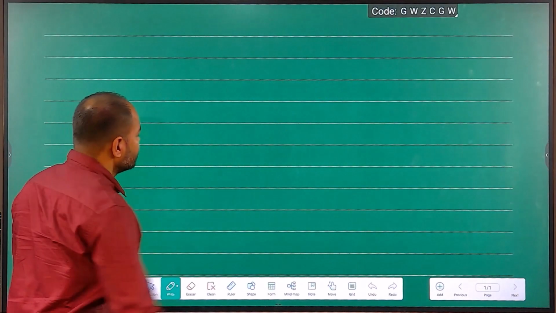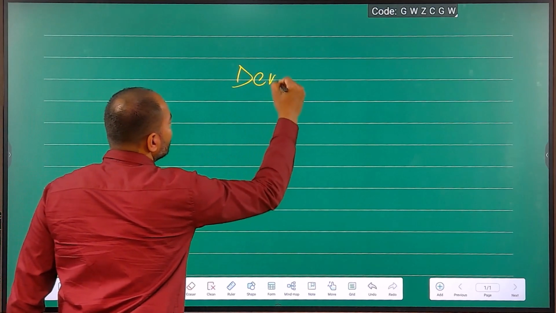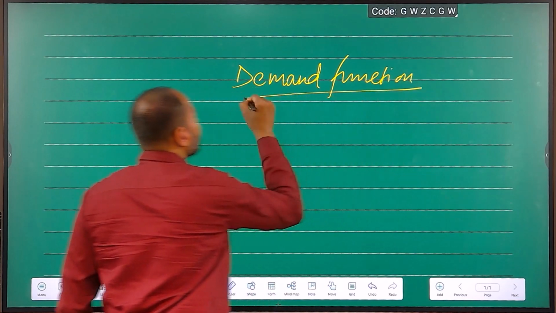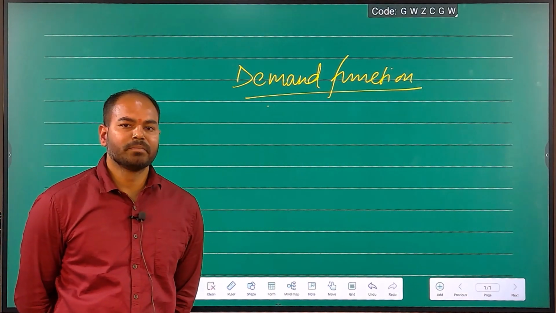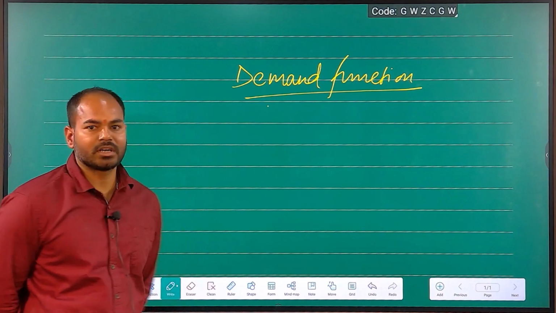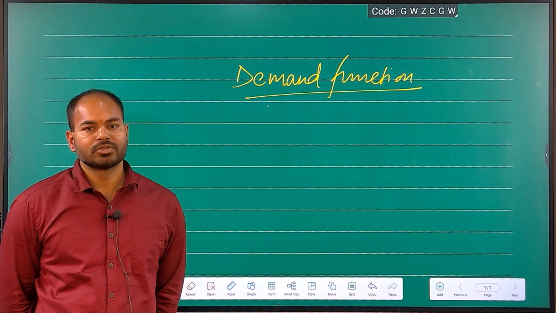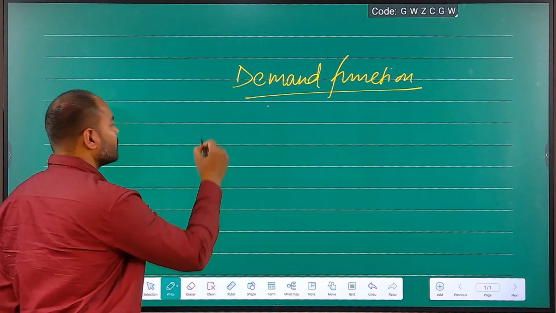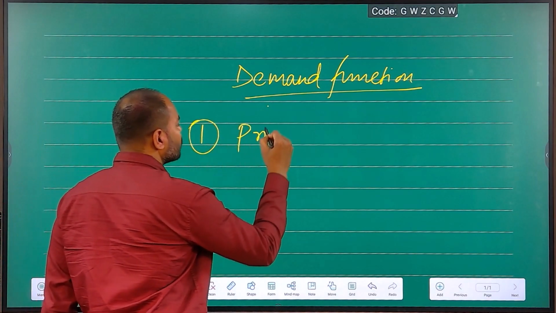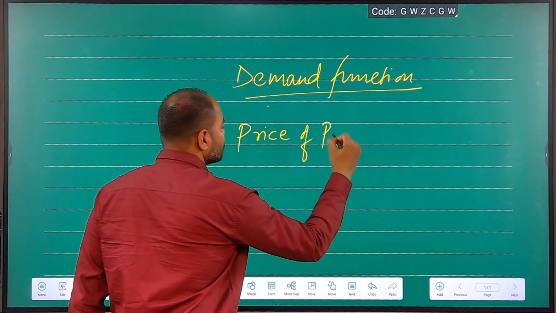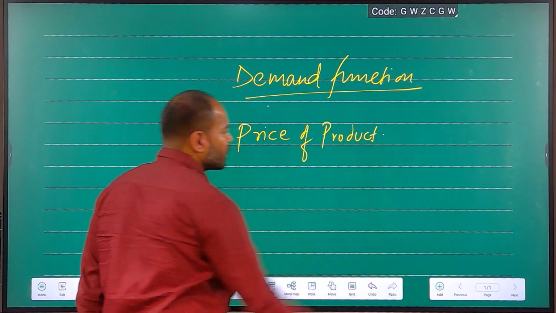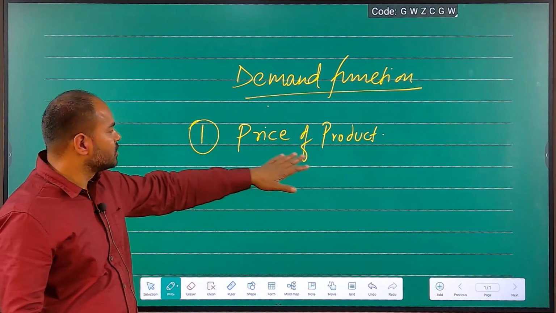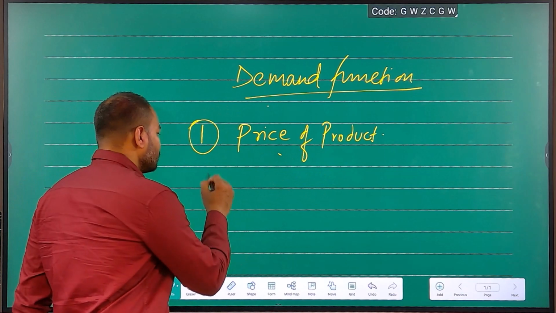Demand function. Along with this, we must first understand the factors affecting demand, and then we will proceed with the demand function. So what are the factors, the determinants, that affect demand? The first and foremost factor that affects the demand of anything is the price of the product. The second is